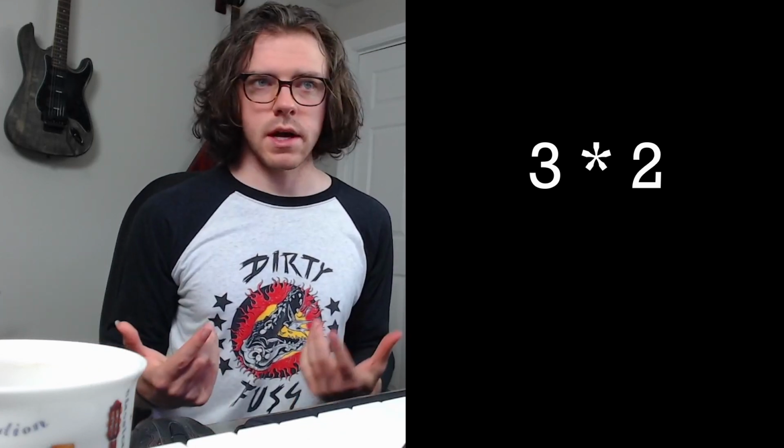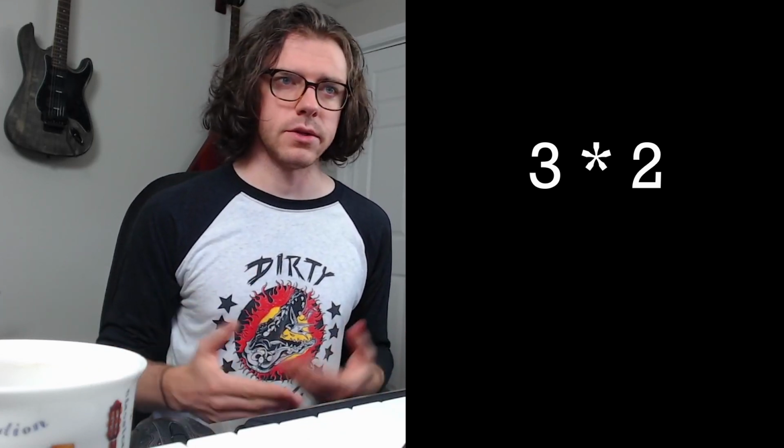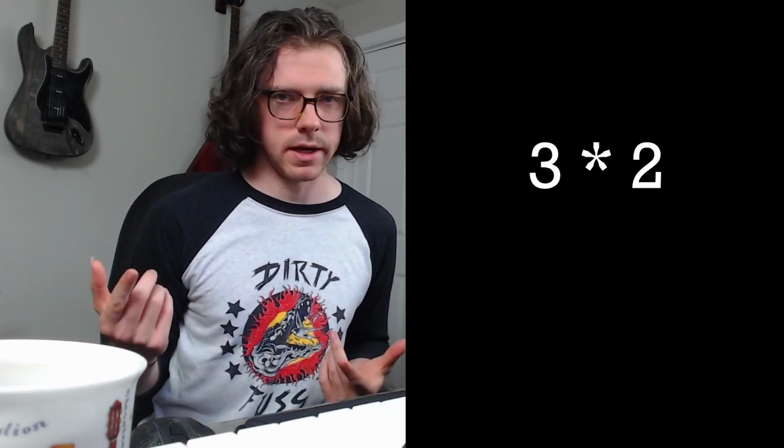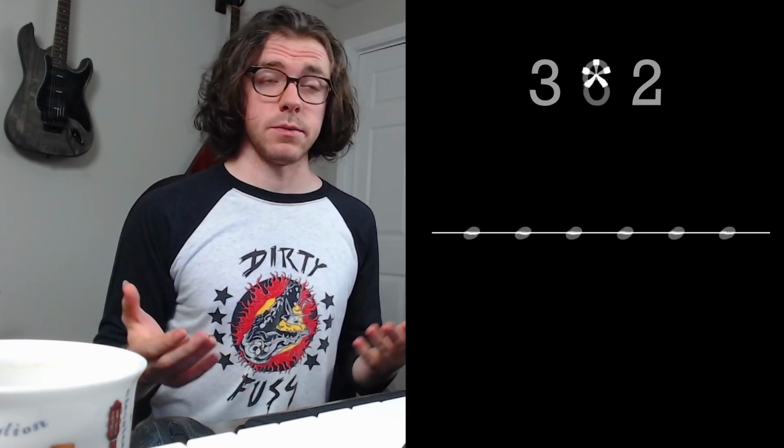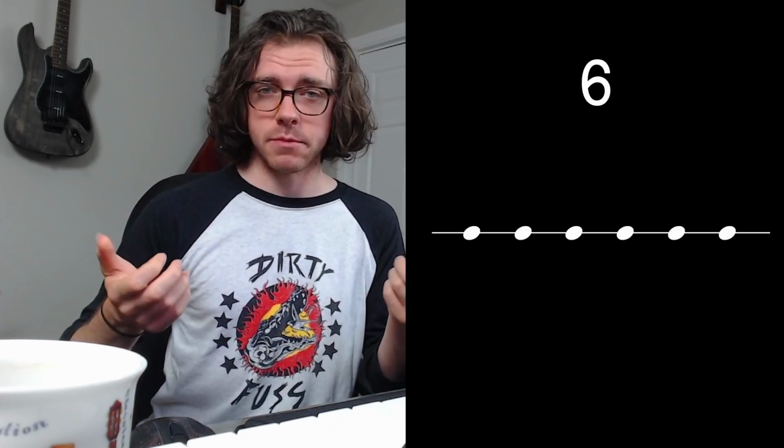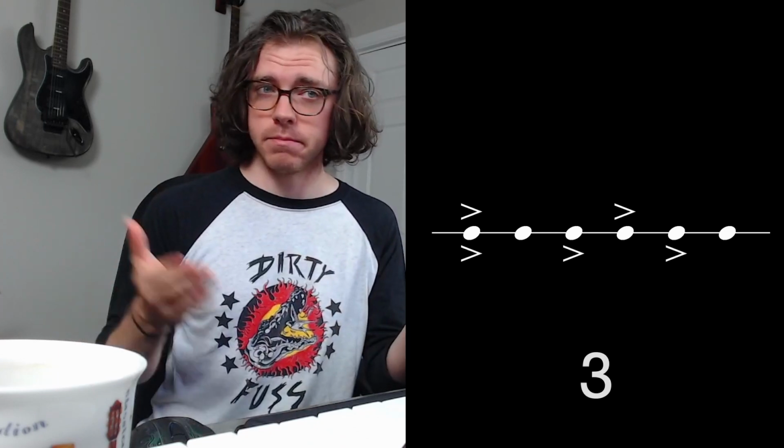Whatever your two numbers are, you want to find their least common multiple, so multiply them. The least common multiple is going to tell you how many total subdivisions you're going to cycle through, but not necessarily play on. Basically, it's going to be your grid on which you place your attacks. In this case, we get 6. So because 6 is divisible by both 3 and 2, I can disperse equally spaced attacks for both on this